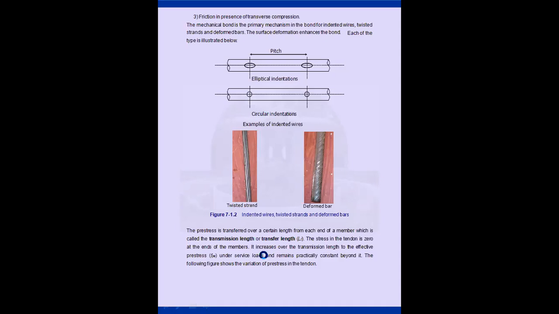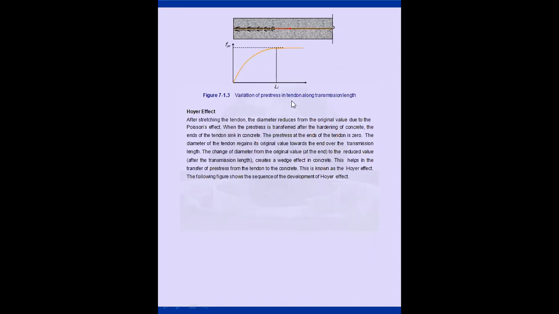So let's see the picture of how it looks. This is the variation of pre-stress in the tendon along the transmission length. Let's take a member. You can see where the transmission length is taking place, and the more stress variation is observed here. The graph is between initial pre-stress and the transmission length, where LT is the transmission length. Your graph is something like a parabola, so it is not linear. Why? Because your member will try to squeeze and you can see the stress variation only along its axis. This effect is called the Hoyer effect.